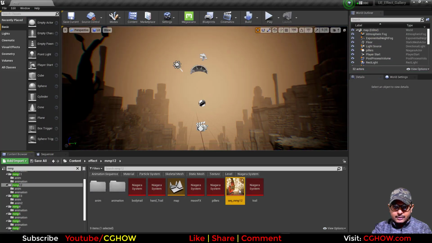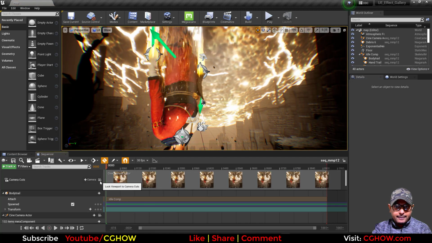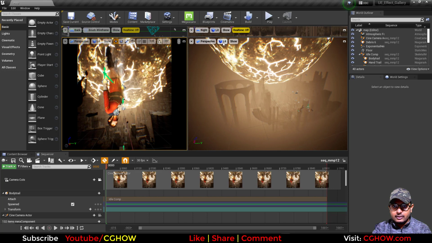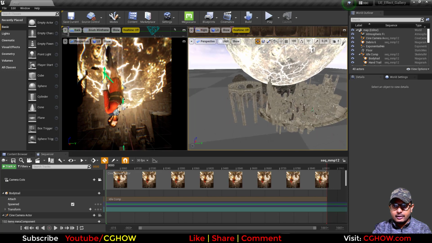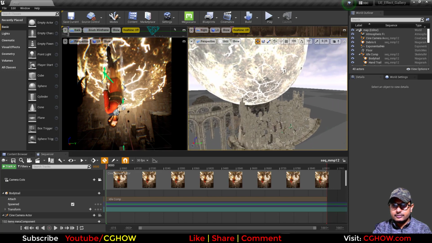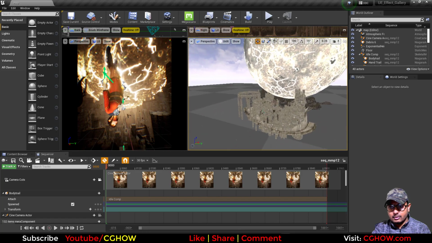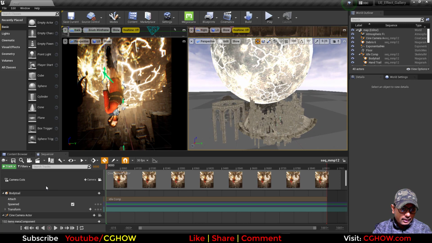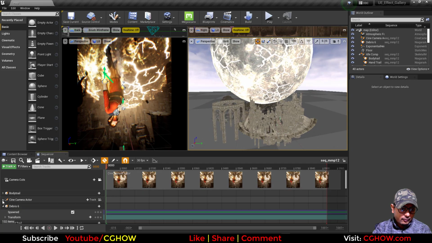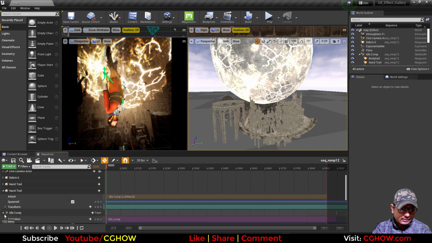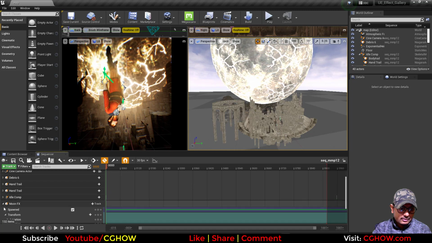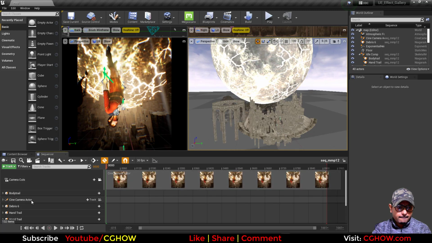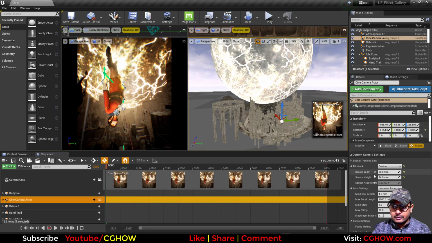So this is my sequencer, this is my camera angle, and this is my whole scene. If you see it in unlit, this is how it looks. Here in this sequencer I have of course a camera and then all these effects.